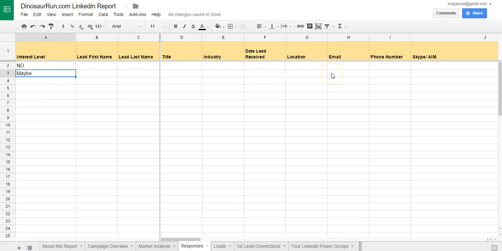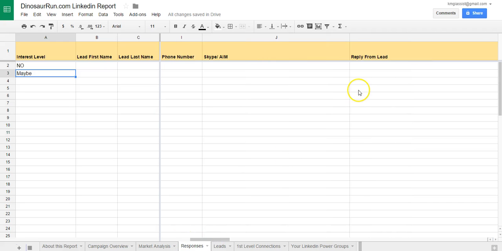So we collect responses from everybody. If someone says something that you don't understand, if it's not a definite no or a definite yes, then we classify it as a maybe, and that goes on the responses tab as well. So what you're going to do is paste their response that's in your inbox into this column here, reply from lead, and